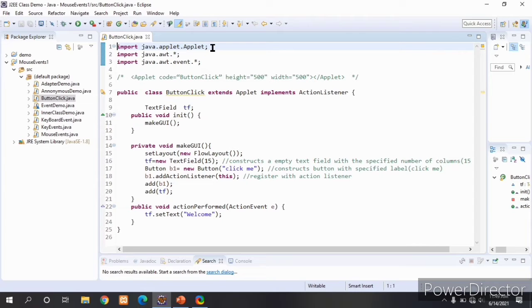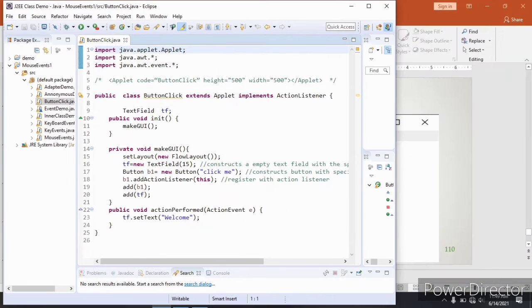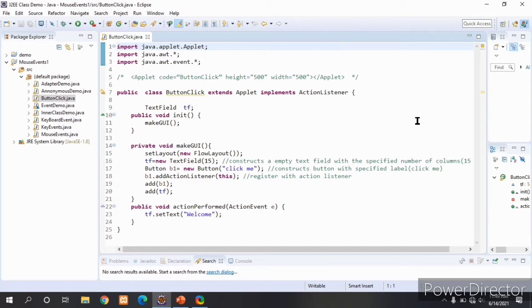console applications or window based applications. See, this is one window, this is one window. Like these applications, to develop them we will use a frame. As we are learning advanced Java, now our intention is to develop web applications.